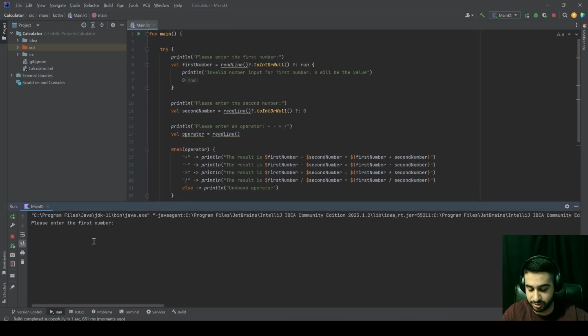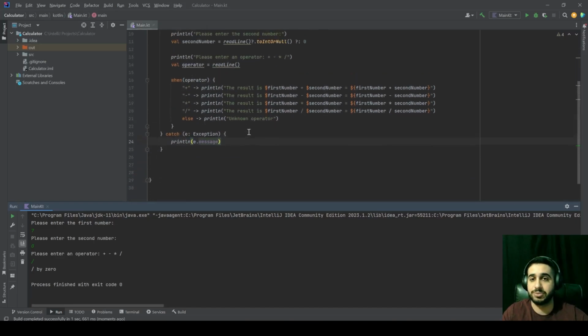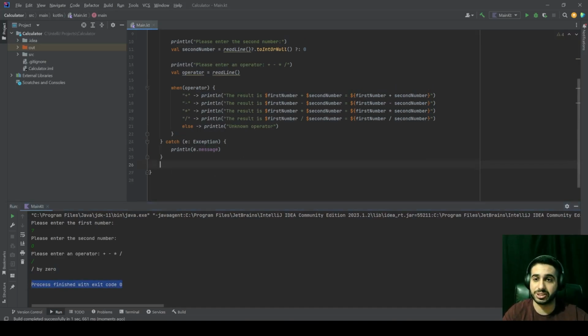Please enter the first number. Let's try 7. Second number 0. And for the operator, we're going to use divide. And here you can see the exception's message was printed out to the console. That's divide by 0. Also I want you to pay attention to something: process finished with exit code 0 and not 1, which means that our program was successfully executed,